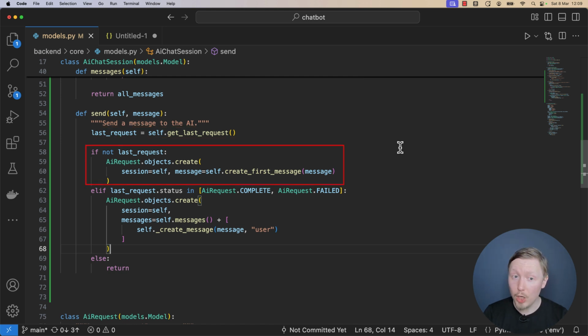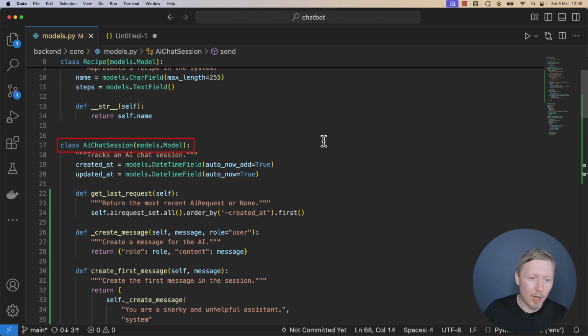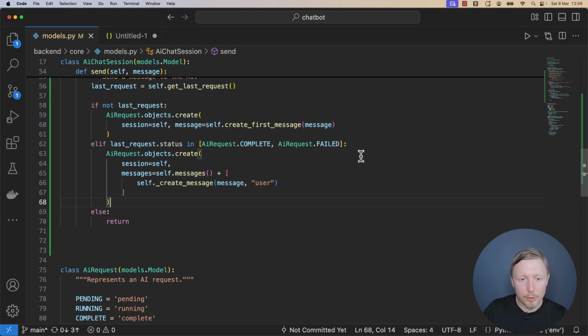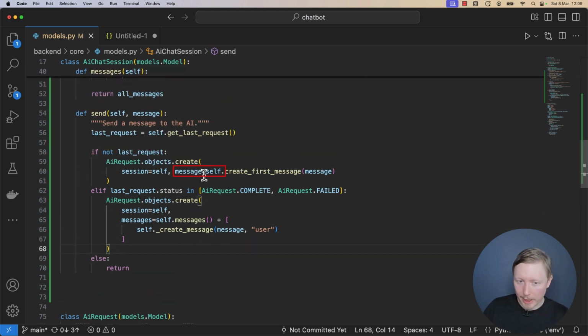So if not last request, maybe this is a confusing way of putting the syntax, but it means if there is no last request, then we're going to assume this is the first request, and we'll create an AI request object using AIRequest.objects.create, passing in the session, which is self, because we're doing this on the AI chat session model. So self would be the instance of the session. And then we send messages, and I actually noticed a typo here. It should be messages